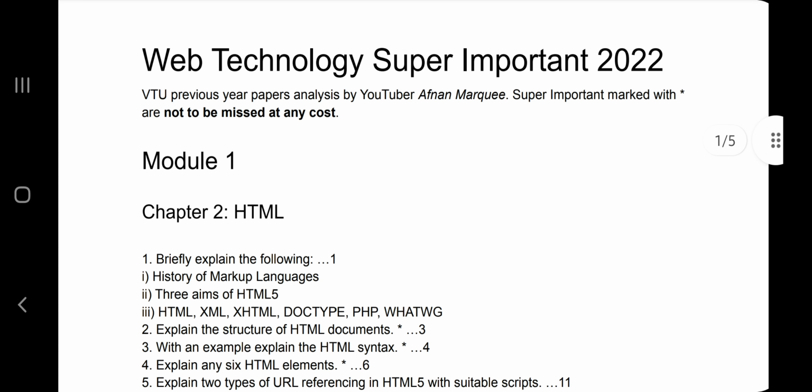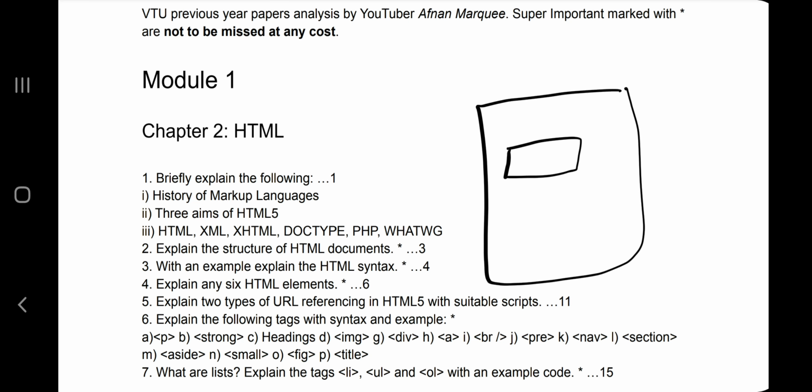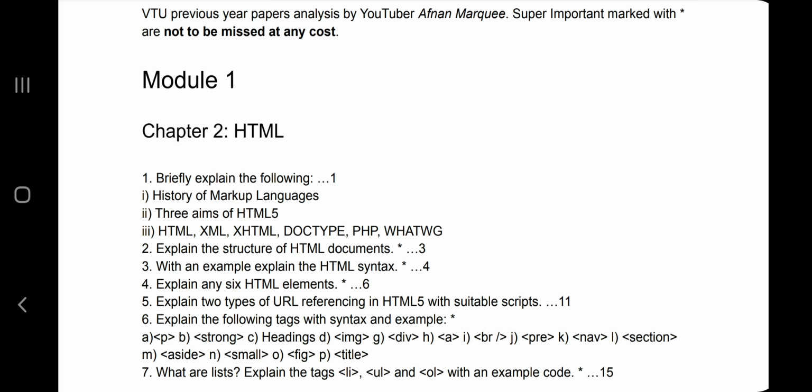If you are following the videos from CG, in CG also I had done the same thing. Whatever questions are marked here with a star, those are the super important questions, and the remaining questions I'll also discuss, but in a brief manner. The super important questions I'll be discussing in depth, and I'll be telling you the key concepts you need to keep in mind and how to write the answers in the answer script to get the maximum marks. And the numbers I have mentioned here are from the PDF,